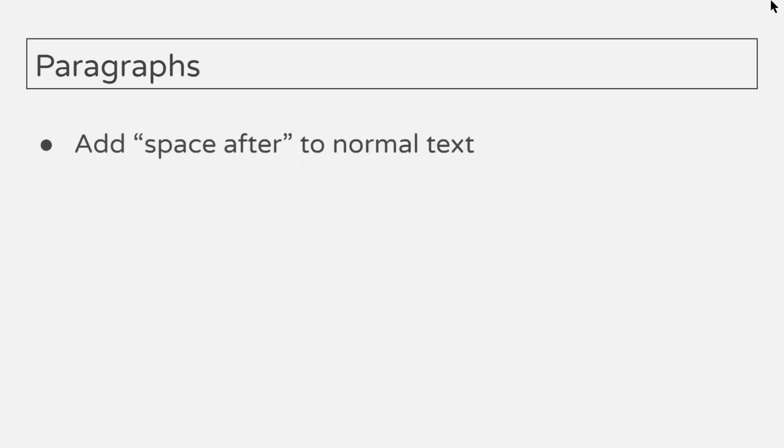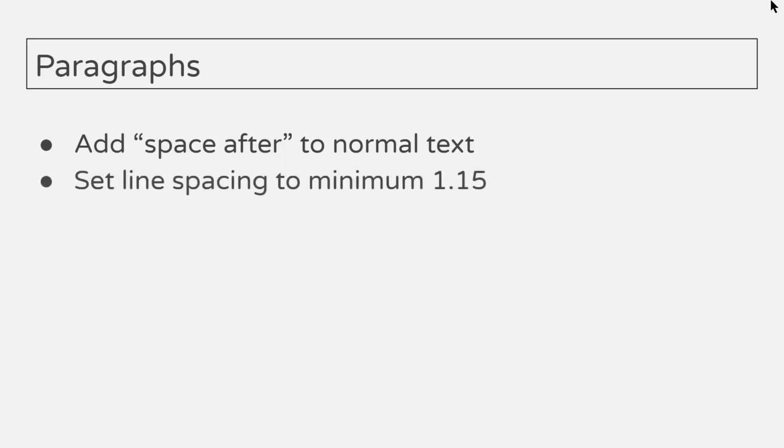Next, we'll talk about paragraphs. You can add spaces after each paragraph, expanding the space between paragraphs to visually let anyone reading it, it's easier. Don't add a line that becomes a blank line. So I'll show you how to add a space after a paragraph without you having to add a line. The other thing to do in a paragraph, sometimes Google Docs has it set to